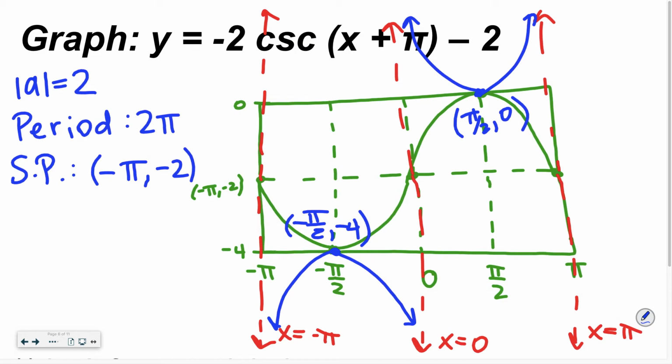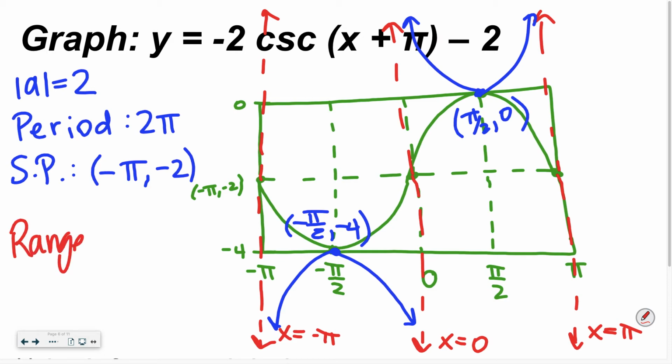Questions on this graph? Does it really feel like we learned anything new? I mean, it's kind of like you just added one more step to our sine curve, right? Okay. One more thing to think about before we do our last example